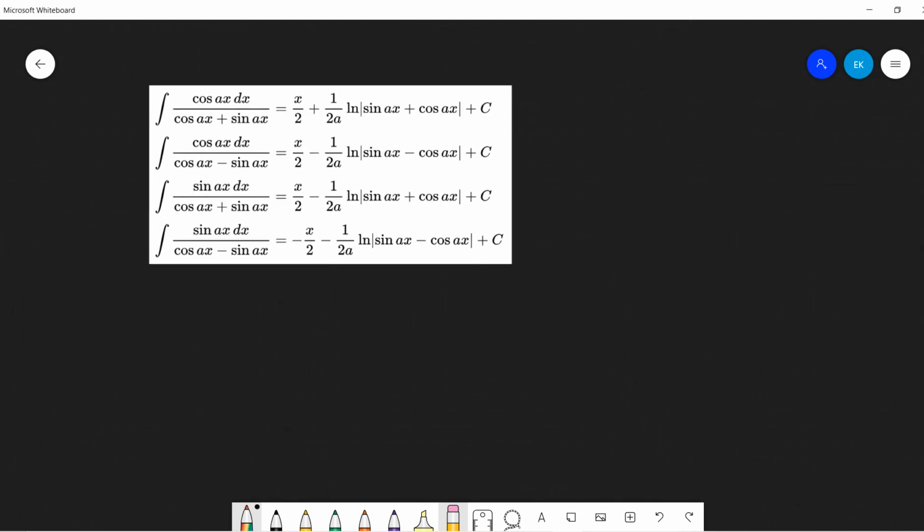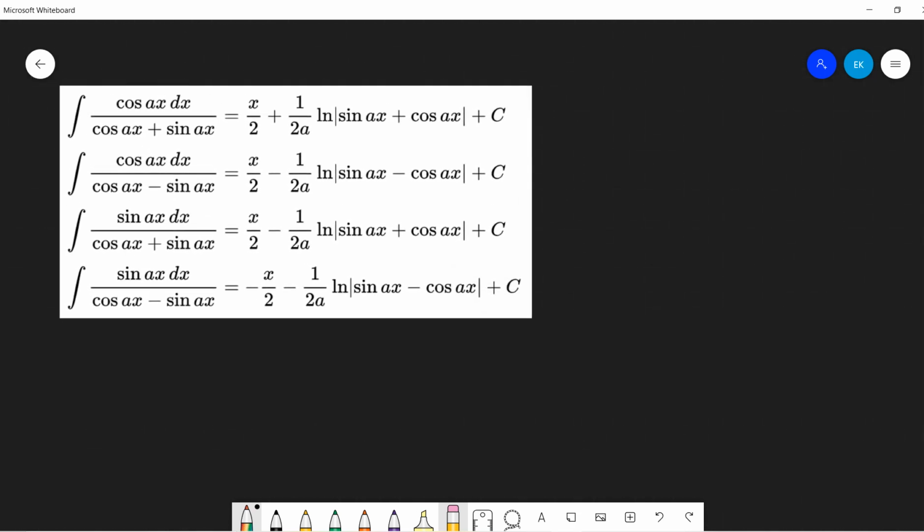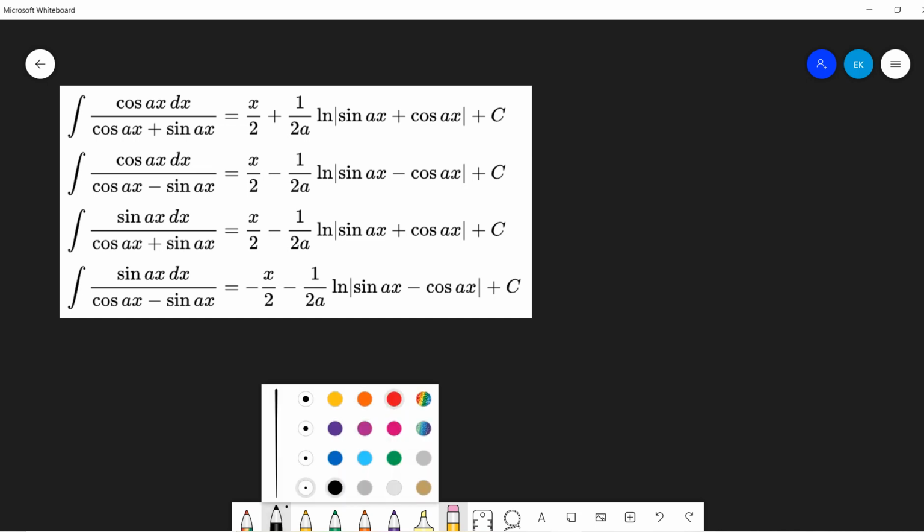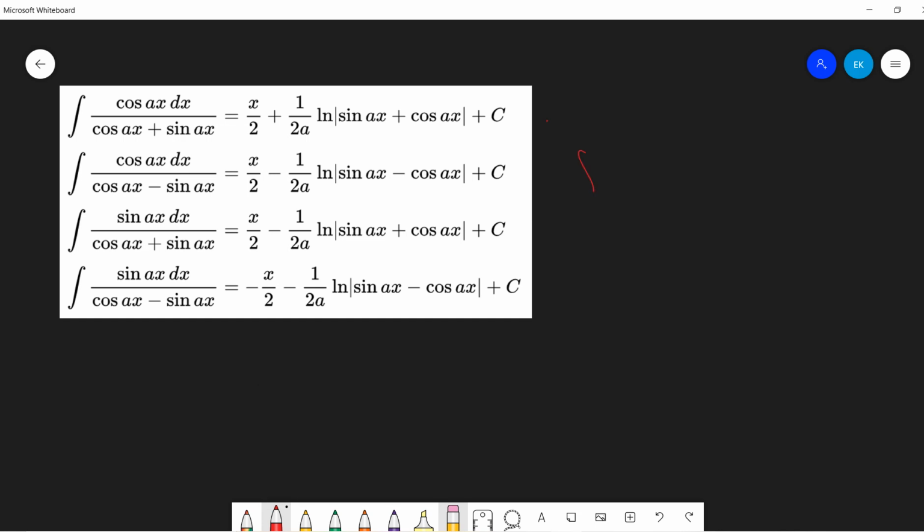Welcome guys. So today we are going to solve these 4 integrations. Okay, so in order to do this, let me just quickly mention the trick. So basically the trick is that, for example, the first one, the cosine ax